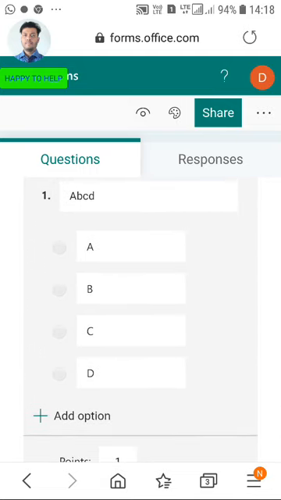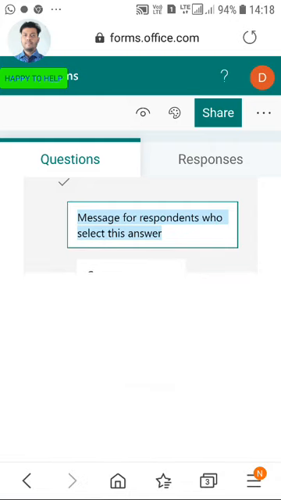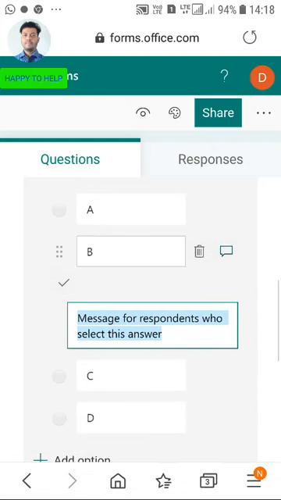How? Suppose out of these four options your answer B is correct, then click beside B. At this stage you can write something in this box by clicking this chat option.